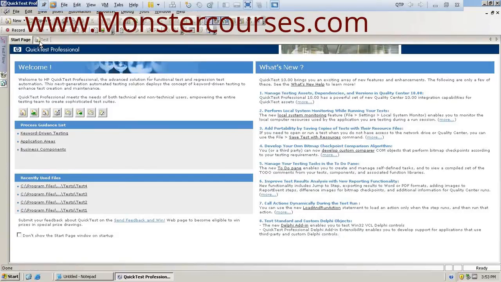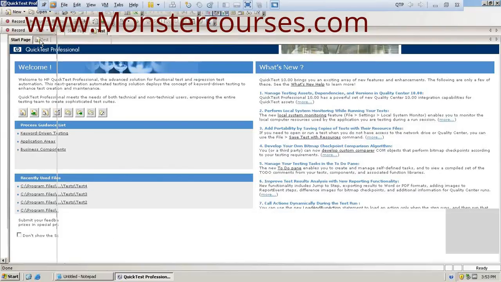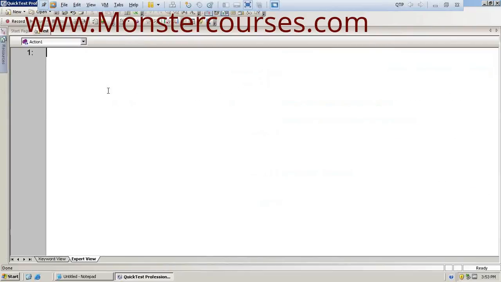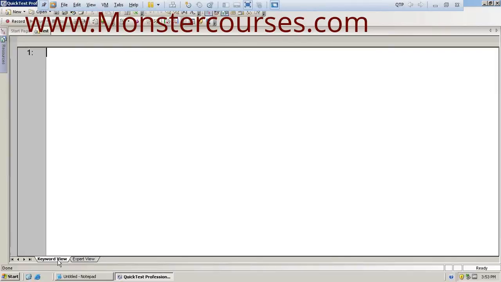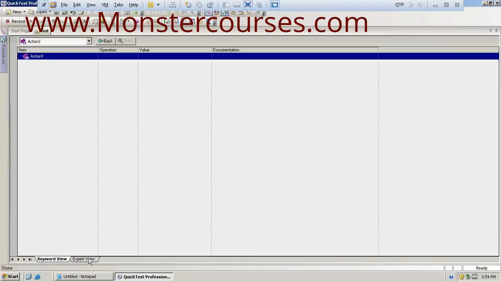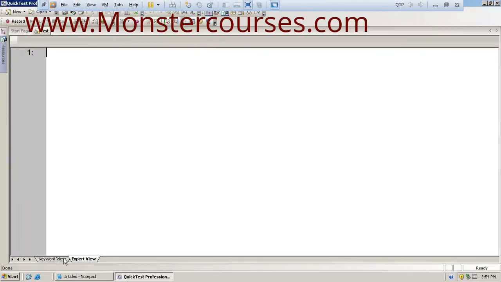So now we have to create a new test script. Now this is the window in which the script gets generated. In this window we have got two sub windows or two views, keyword view and expert view. We'll see what is keyword view and what is expert view later on. Along with the script we also have